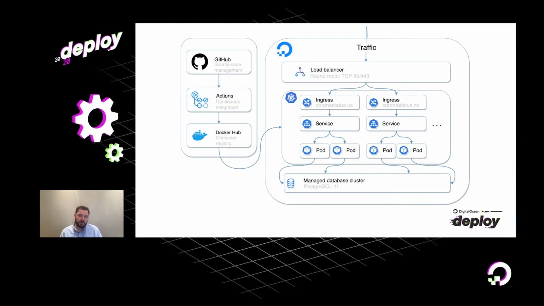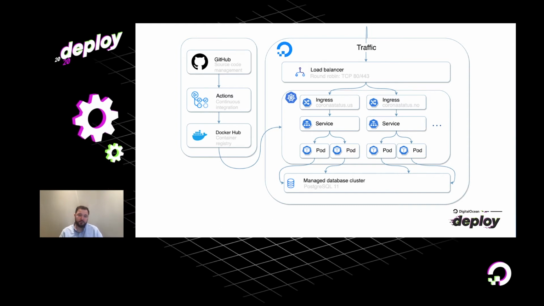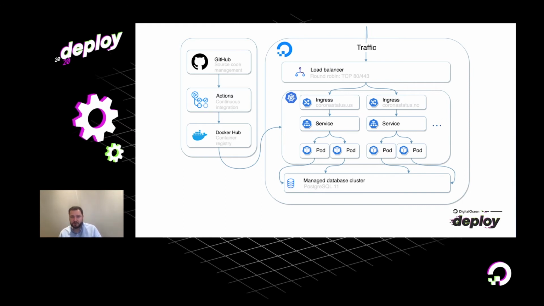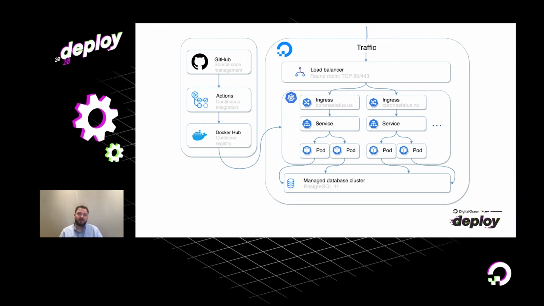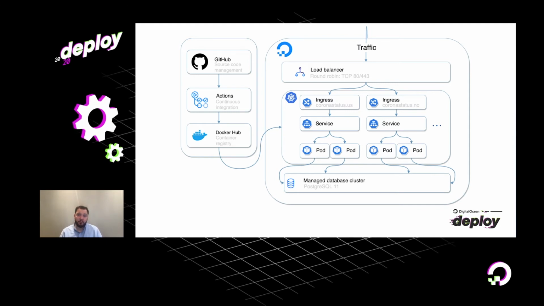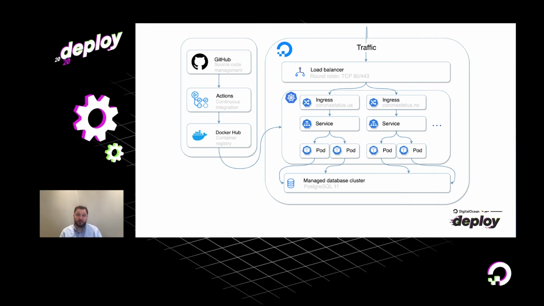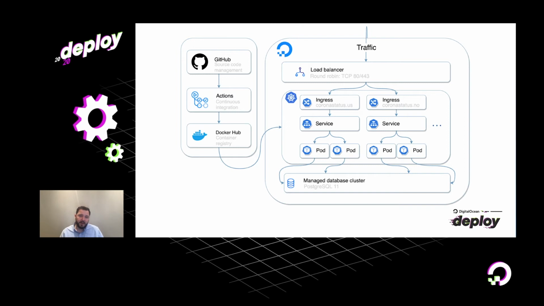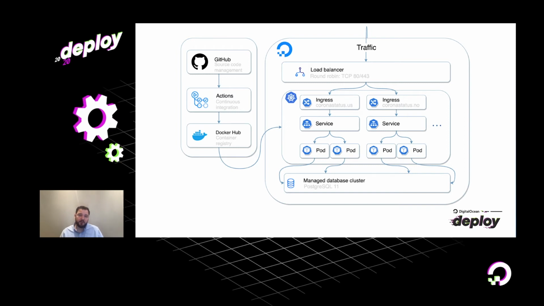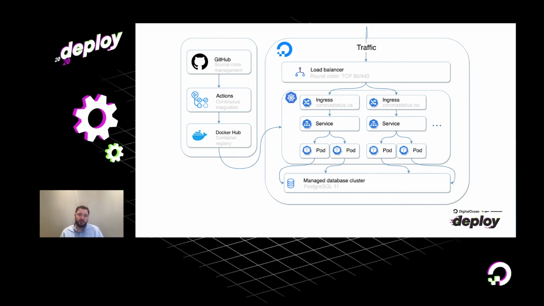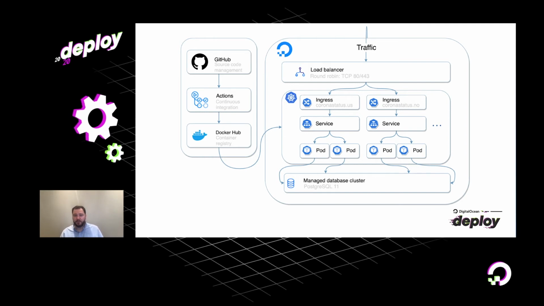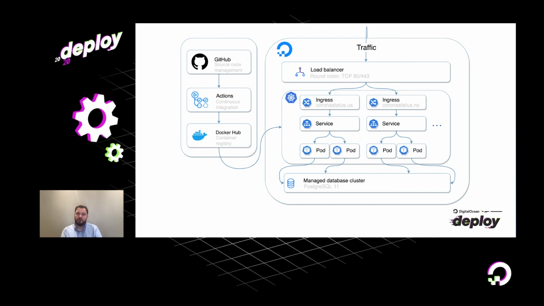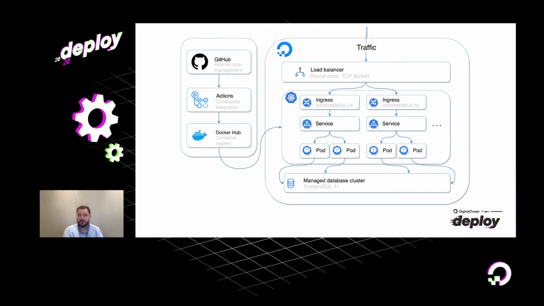So after deploying a new version to Docker Hub, we would then instruct our Kubernetes cluster in DigitalOcean to pull down the latest version whenever we wanted to deploy something new. So the way this works, as you can see in the diagram, was that we would have public internet traffic come in and hit the load balancer in DigitalOcean. And then that would round robin the traffic around to the different services inside of the cluster.